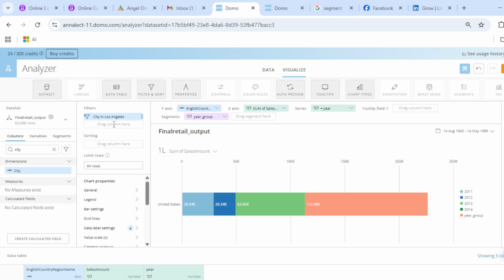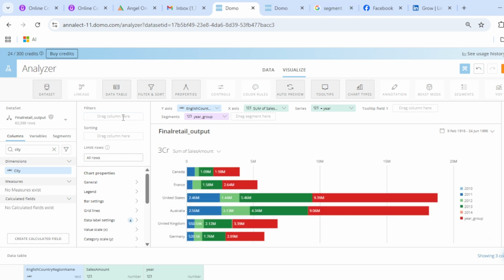So this city filter is working, but when I applied the year filter and I have created a segment based on year, then the filter does not work. Okay, now we understood this. So we'll learn